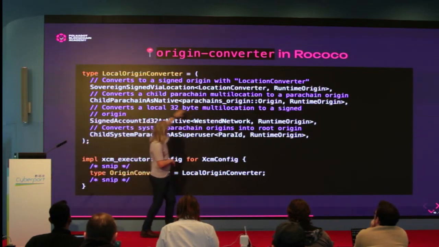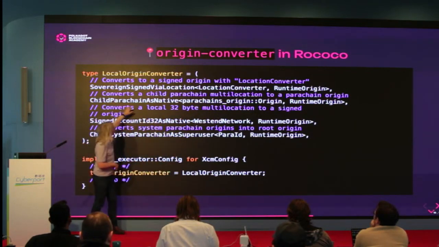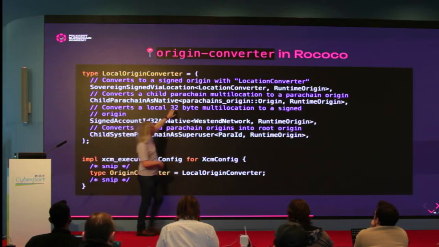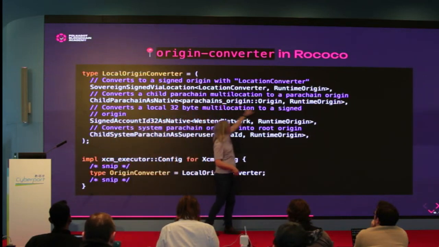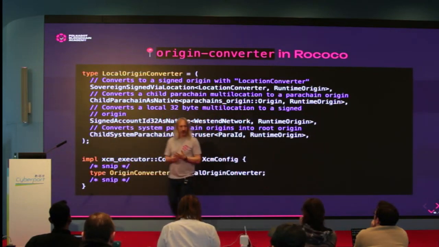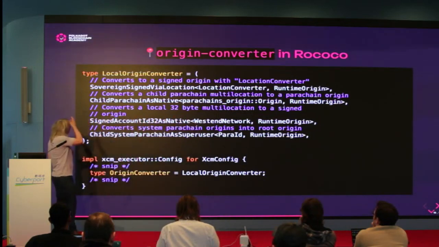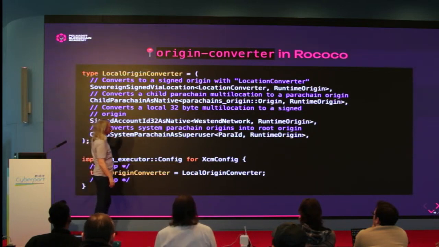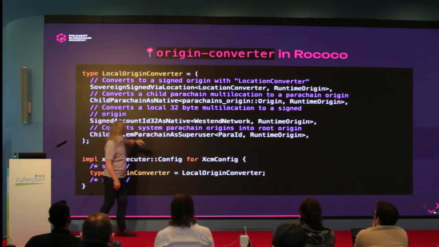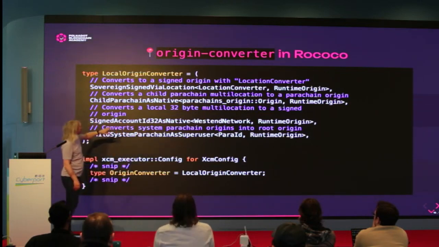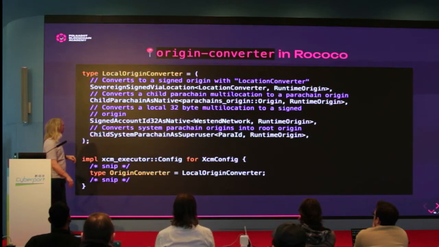And what we do is we look for a child parachain location, and if we find it, we convert it into this frame origin to represent a parachain. Okay. Next, if we have an account ID 32 origin,